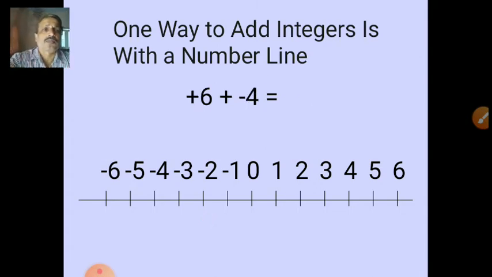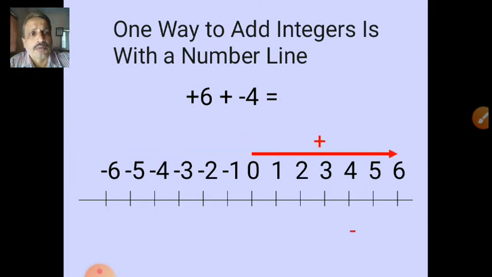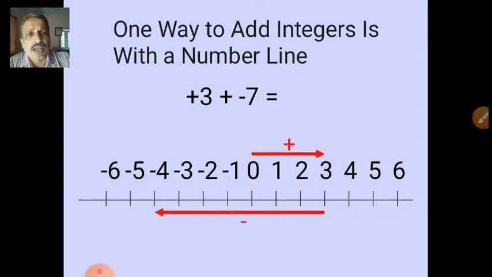Look at 6 minus 4. Move your pointer 6 steps to the right side. And from 6 you have to move left side 4 steps. The answer is 2, positive 2. Plus 3 minus 7. Yes, minus 4 is the answer, but how? On the number line you just check out. Plus 3, then minus 7 on the left side will give us minus 4.